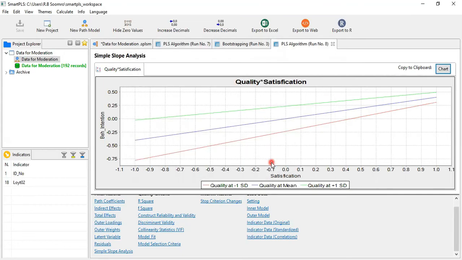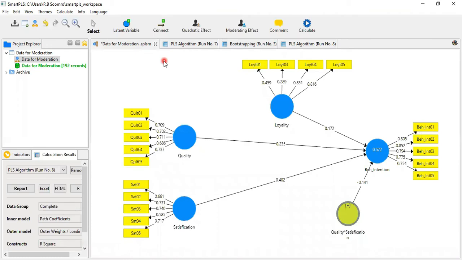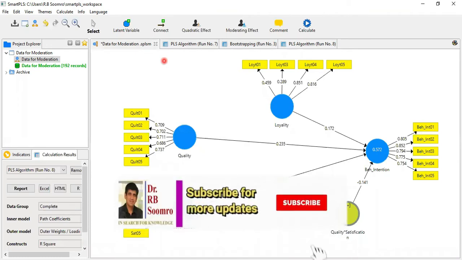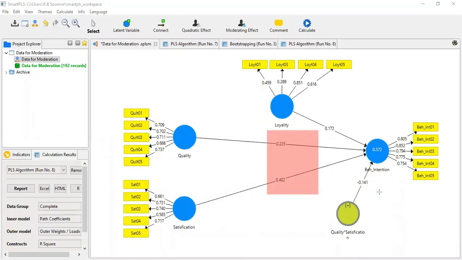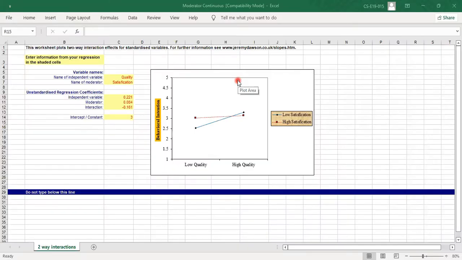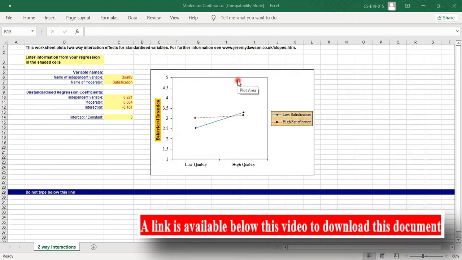Alternatively, we can also open the Excel tool to apply all these things. When you're applying the Excel tool, you should remember these values, these two values and this value over there. So now we are going to open the same Excel tool. How to open? Again, very easy. Dear friends, here is our tool to construct and understand the slope analysis.